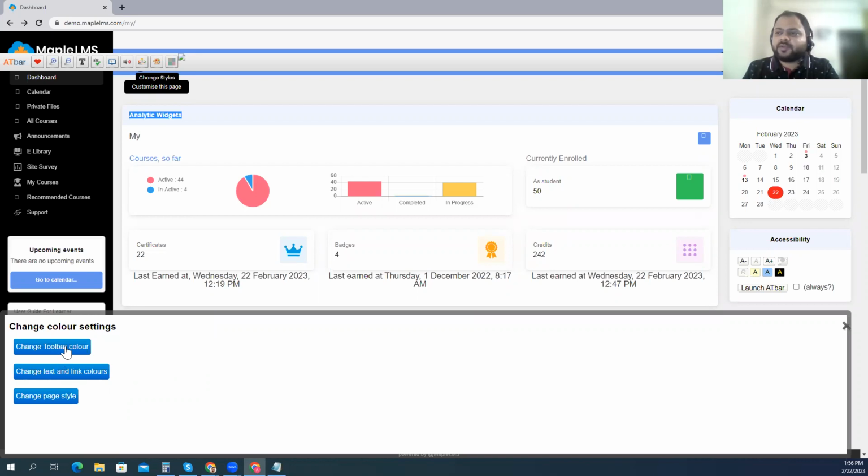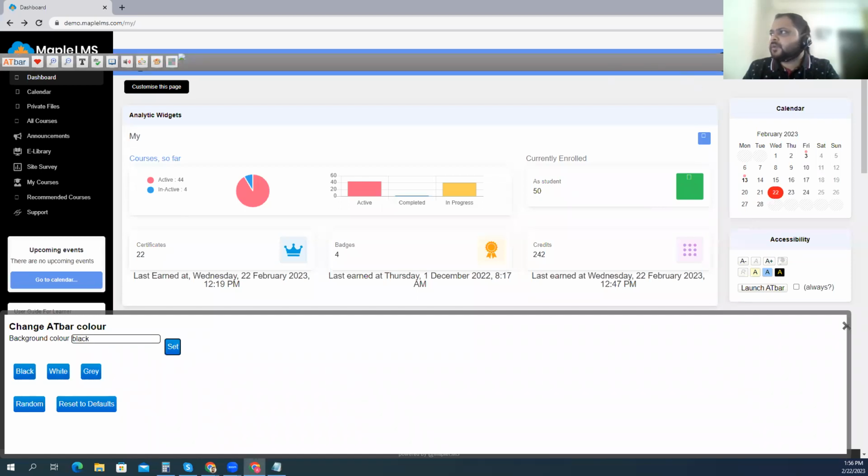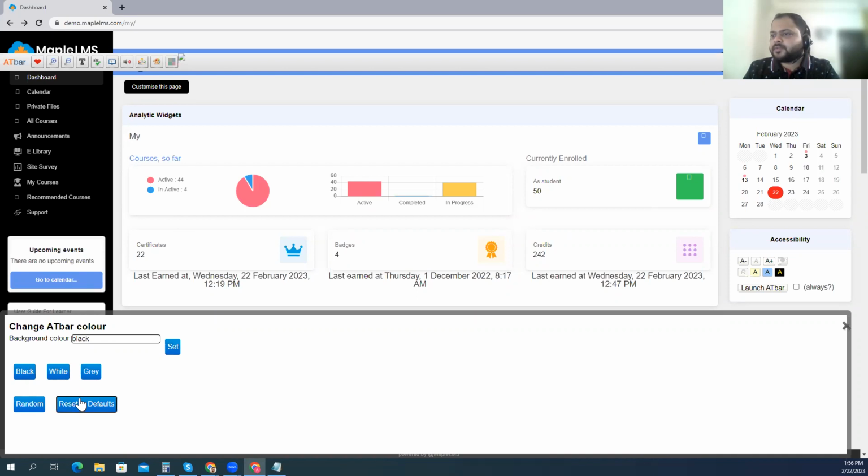Let's say we wanted to change the toolbar color; here we can select a preference, a black, a white, or a gray. Let's just go with black. If we hit set, that will change the toolbar color of this accessibility tab, and we can reset that back to the default settings.